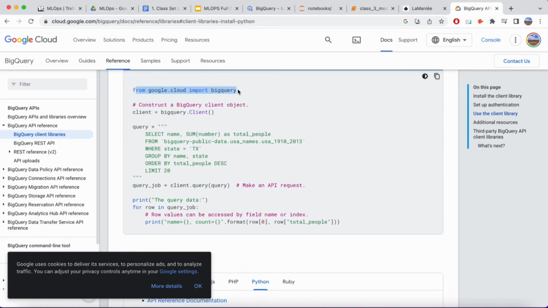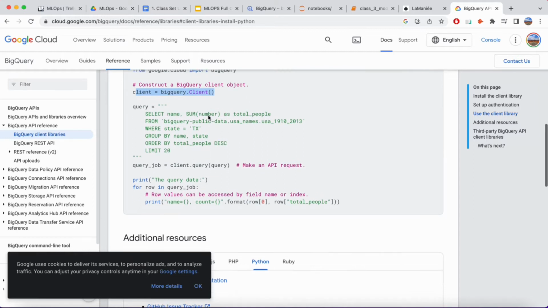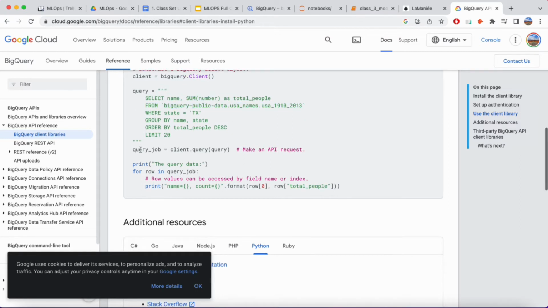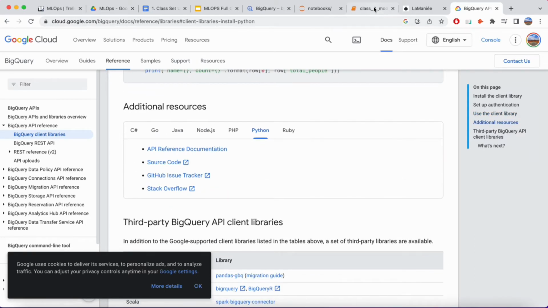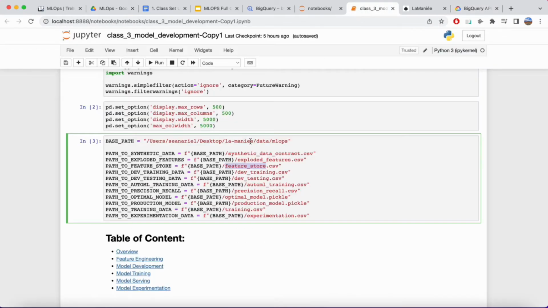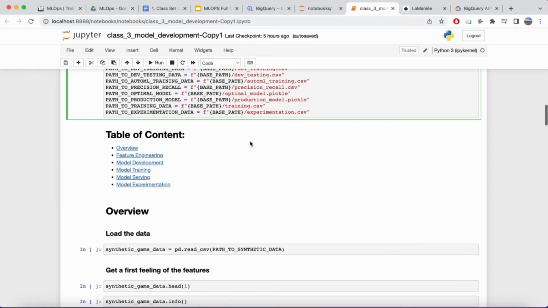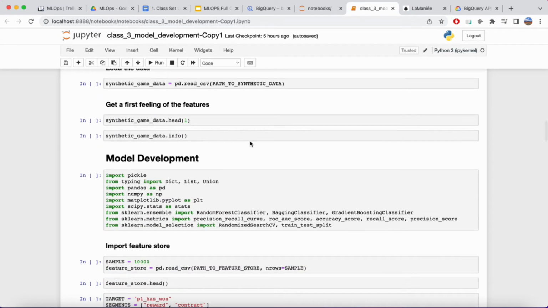So we would be able to do something like from google import bigquery, set up some kind of client and run some queries here, like get all of the rows from our feature store, just download everything, and then we would have this data locally, right? So that's definitely something we could do, and you can do that at home if you want to play with the Google BigQuery API. But here, in the interest of time and simplicity, what we're going to do is